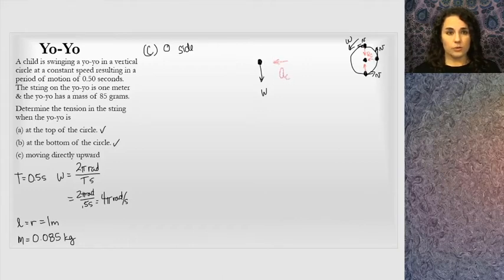And so that's the only acceleration. It's not accelerating in the vertical direction. Remember, it's moving at a constant speed, and therefore it won't be accelerating up or down. It just has to be accelerating inward. And when I think about that, that means that the tension has to be doing something interesting out at the side here. Not only will it cause the centripetal acceleration, but it must counterbalance the weight, or else the yo-yo